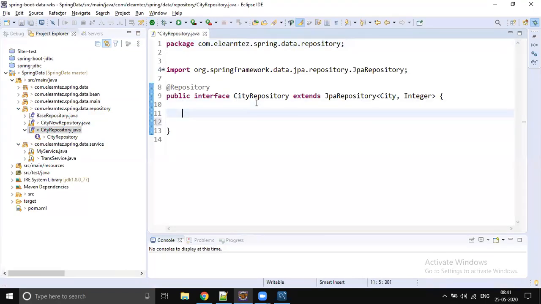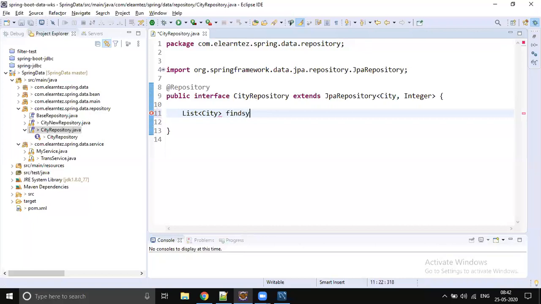Okay, let's try to fetch the city. You should know whether it returns a single entity or multiple entities. If you expect a single entity, but the query returns multiple rows, then you will get an exception, like we got in JDBC, expected 0, returned multiple. There should be some exception. We will see that exception also.